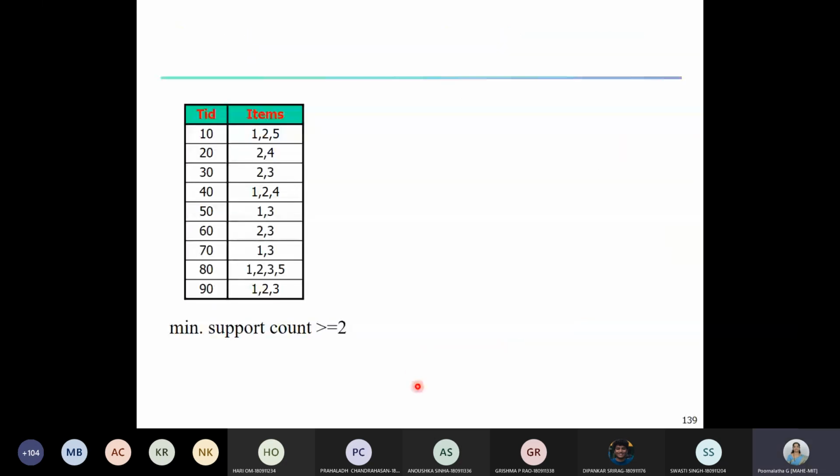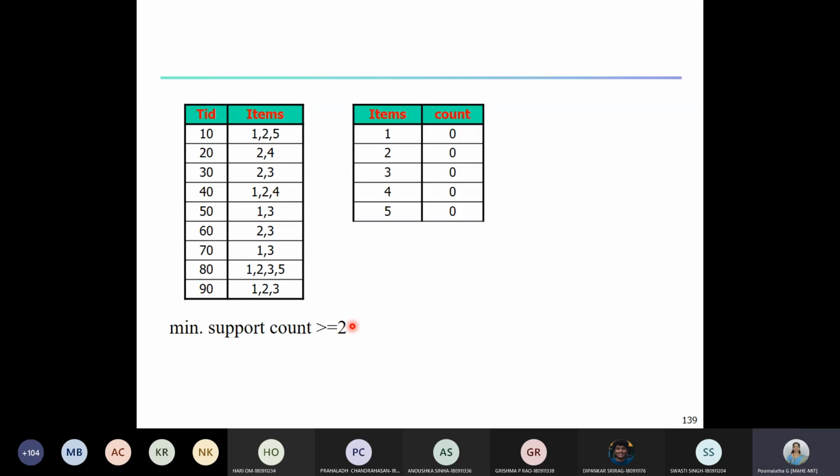Let me take this same example, because we already have the FP tree with us for this example. This is the same table, same database you might already have in your notes. Also, you can see that the support count is given as 2, but to construct the PC tree, we are not at all using this support count. Once you construct the PC tree, and from the PC tree you construct the FP tree, then we require the support count, but we don't require it for the construction of the PC tree.